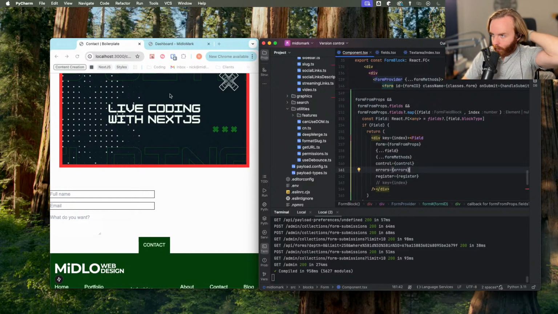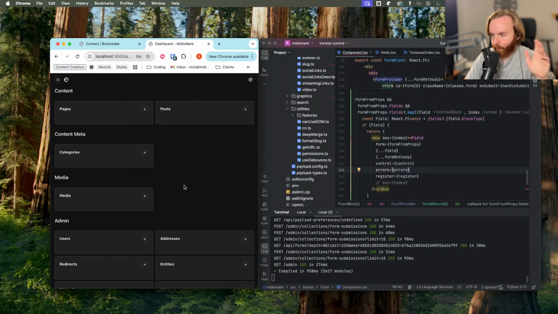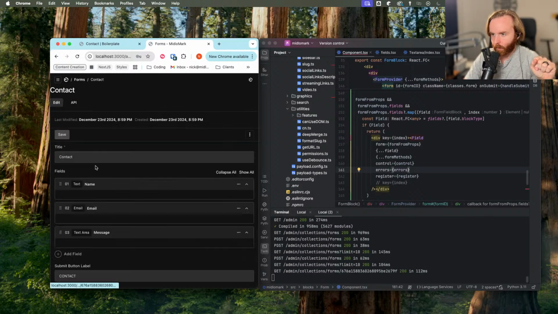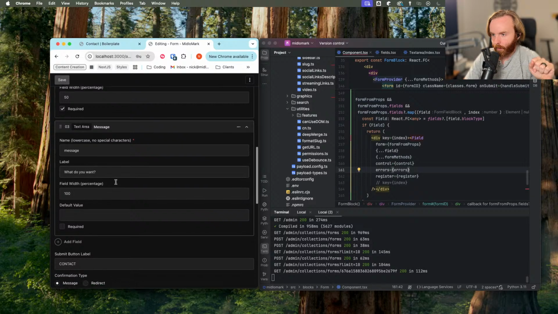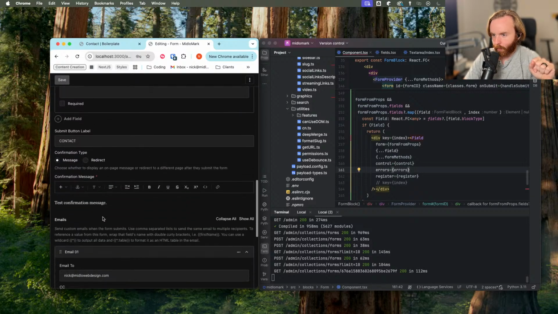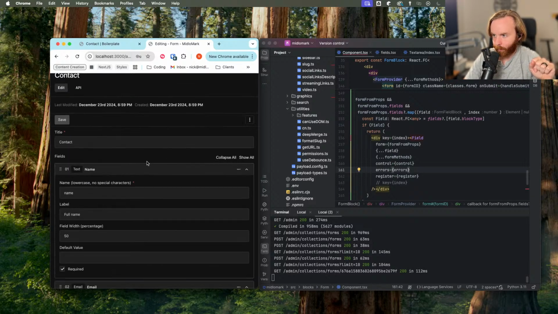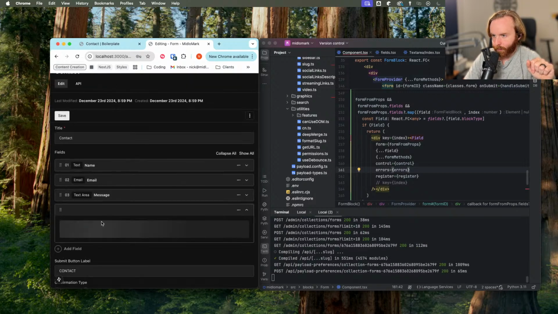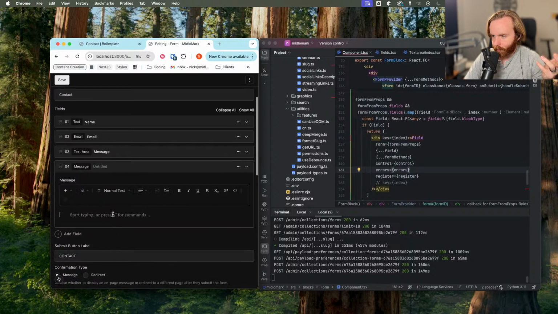The next thing I want to do, just so I have everything that I'm supposed to be working with, is go back to this form, go to contact, and add a message. So not a confirmation message, an actual message. Let's collapse all. Let's add a field message, and this is going to be a rich text, so I can